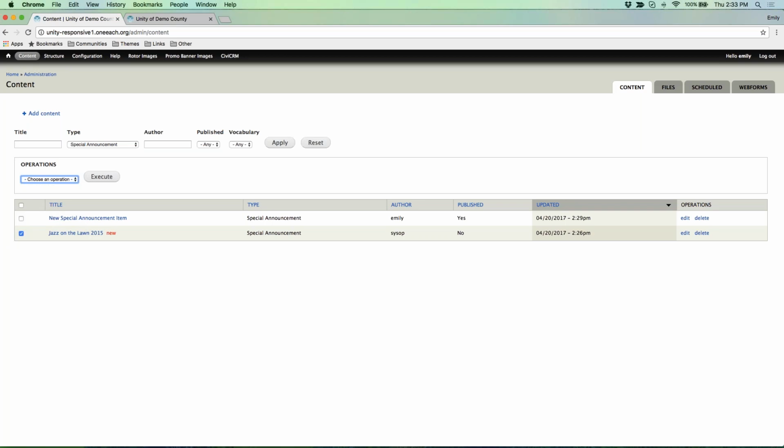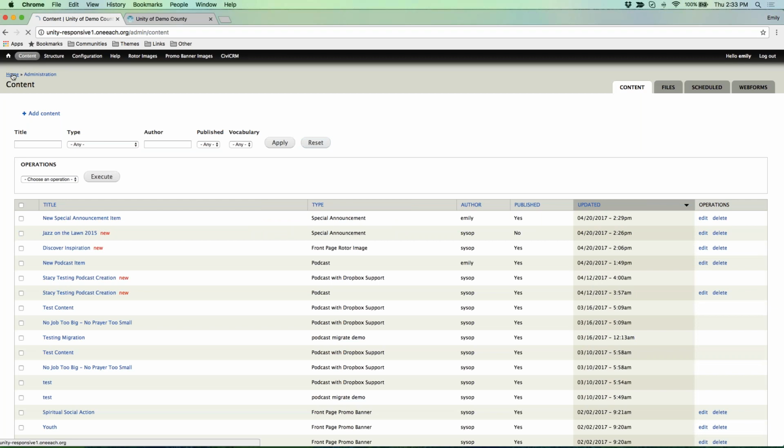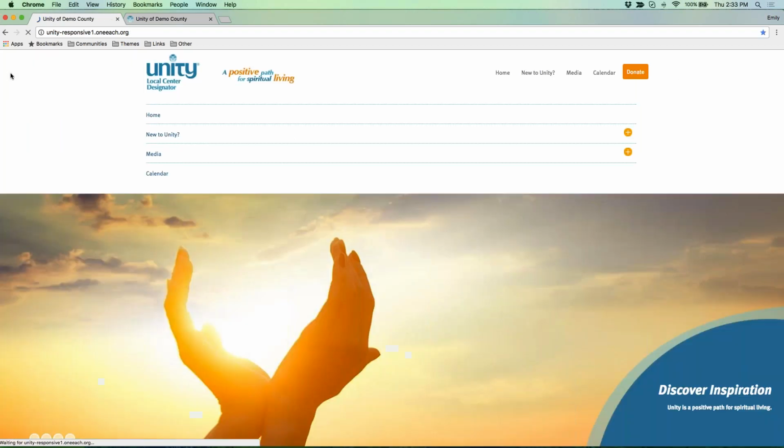You can set these special announcement items to be published or unpublished on a specific date, as well as the rest of your content. If you have any questions about editing, creating, or managing the special announcements content type on your home page that appears underneath your rotor images,